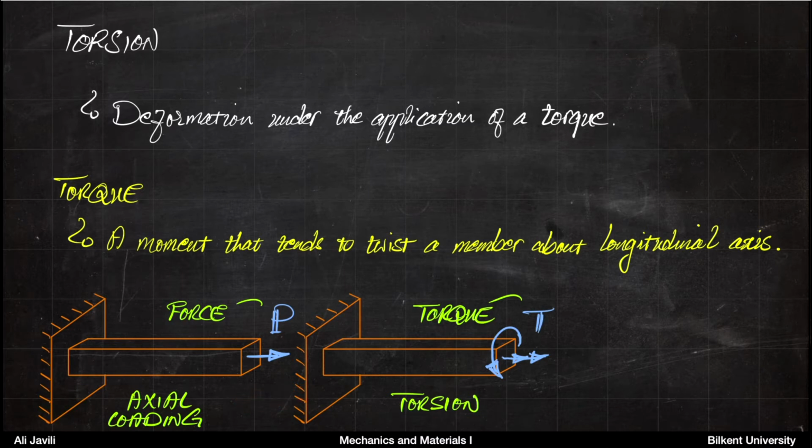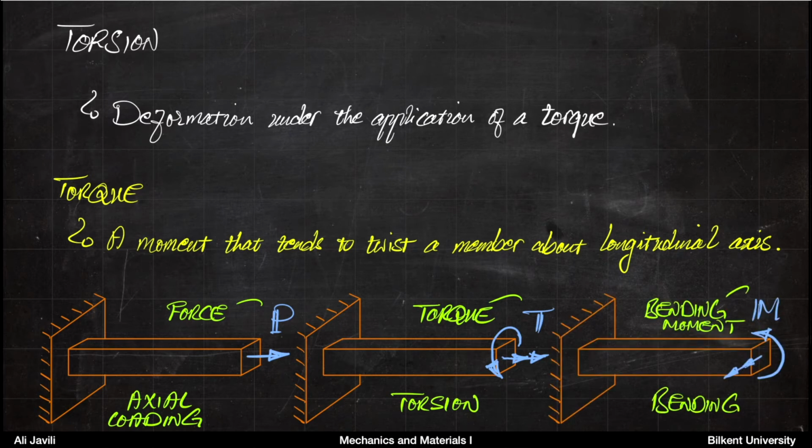Now, it would be enlightening to also bring the bending problem into the picture. Bending is in a way similar to torsion because the loading that you apply is not a force. The loading that you apply is a moment. But now, for a bending problem, that moment is with respect to a different axis. So if it was with respect to this axis, this would be a bending moment and this would be a bending problem as opposed to a torque and a torsion problem. All right, so what we want to do in this lecture and in the next 3 lectures is to talk